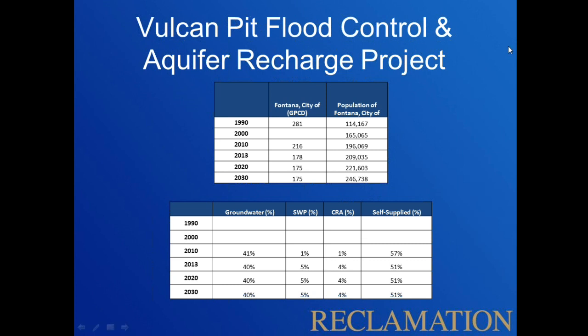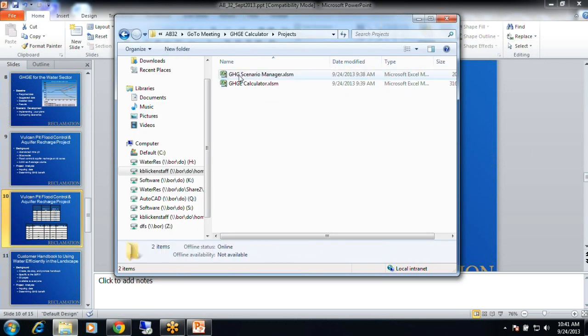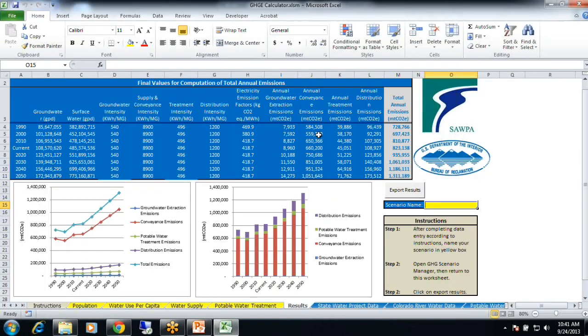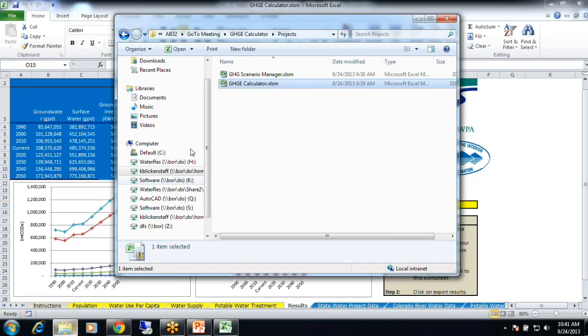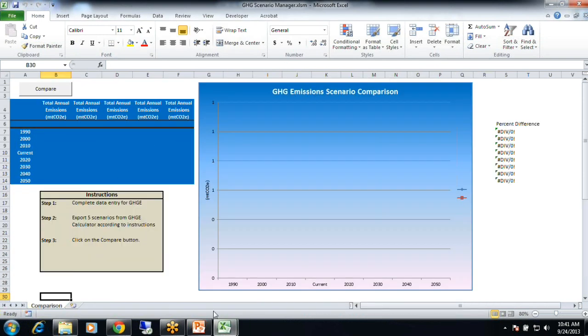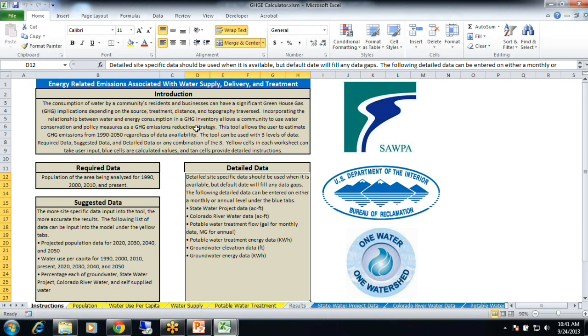So I'm going to go ahead and go to the tool. I'm going to open a fresh one. So that's just what it's going to look like right when you download it. You'll just have these 2 files. It'll be really easy to open and get rolling. Okay. So you open up this brand new sheet, and it shows you here your instructions, and you start cranking forward.